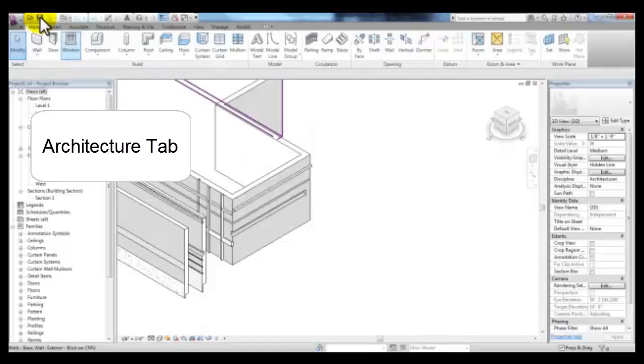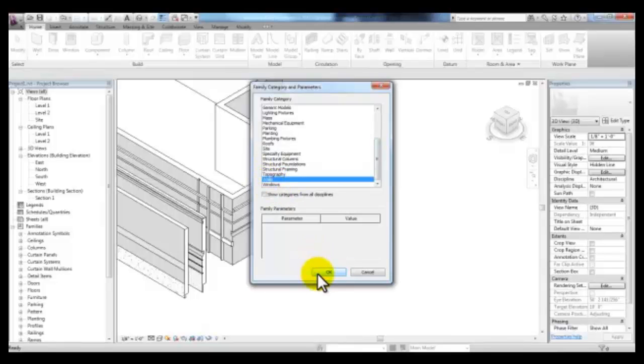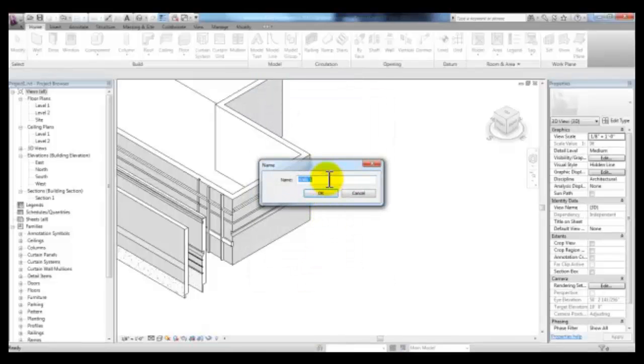Go to the Home tab and pick Component, Model in Place. We're creating an in-place wall that has a unique shape and attaching a category to it. It does make a difference what category you pick because it will take on the properties of that category. We'll scroll down to Walls and pick OK. And we'll call this In-Place Wall